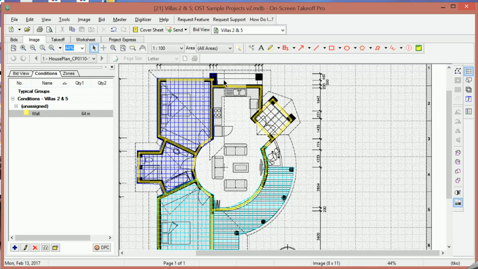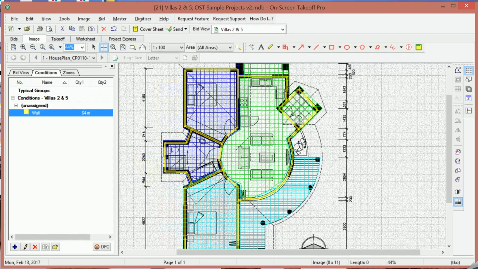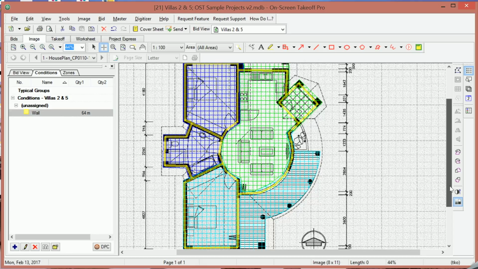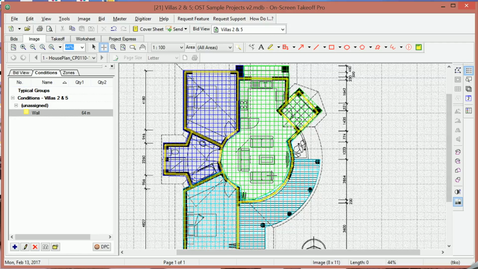You see that some of them are not very accurate. You could click and anytime adjust your walls. So that quantifies all my walls, and as you see it says that I have 64 meters of walls. Now going back to this condition, the wall is quantified as linear meters. All right, so that quantified all the walls in this drawing,